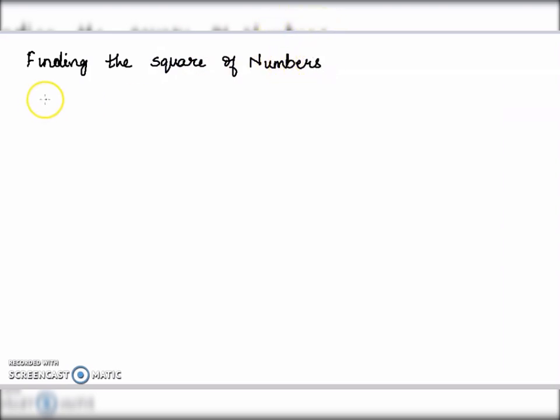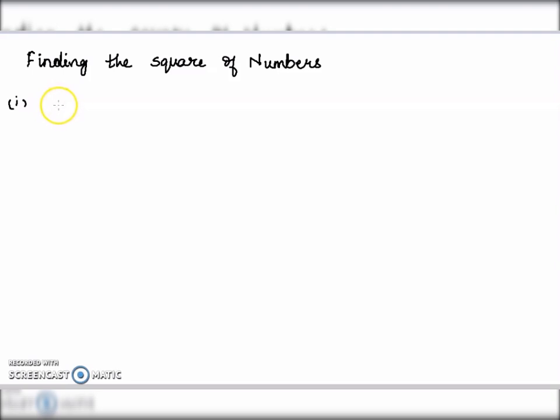Now today we are going to do finding the square of numbers. Okay, now finding the square of numbers, that is if you have bigger numbers, like say for example,